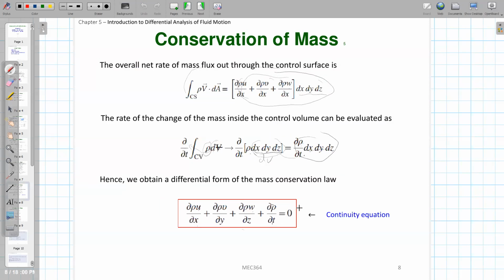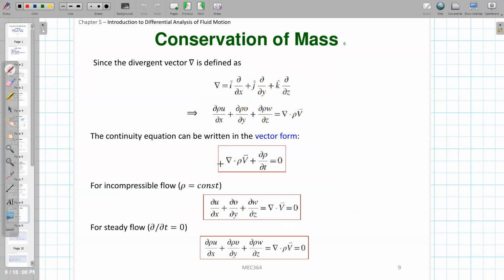Remember that we have this form here: partial rho u partial x, partial rho v partial y, partial rho w partial z. Mathematically, there is an operator that can make this equation shorter. We have the divergence operator. This operator, del, is defined as i partial x, j partial y, k partial z. So we can write this as a vector product between this vector divergence operator